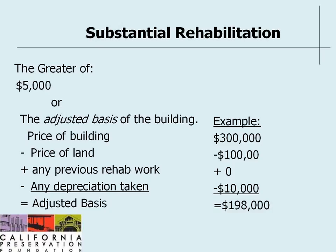So in our example, we have bought a building for $300,000 and we know we're going to do rehabilitation work and we would really like the 20% tax credit. The value of the land has been appraised at $100,000 and is subtracted from the adjusted basis because the value of the land is not included in the rehabilitation of the building. And there's been no previous rehabilitation work, and $10,000 in depreciation has been taken and subtracted from the basis. So the final result is the adjusted basis, basically the value of the building, is